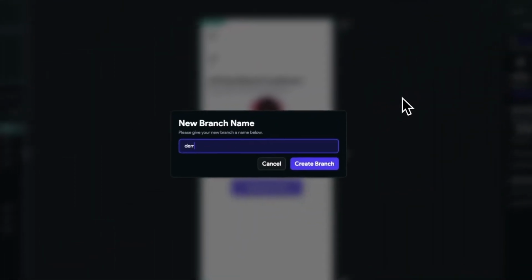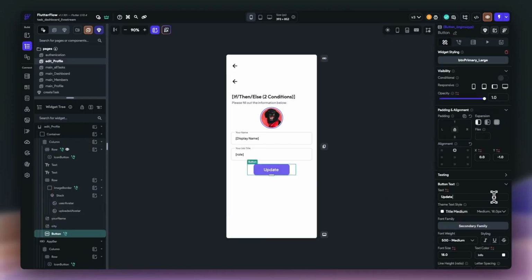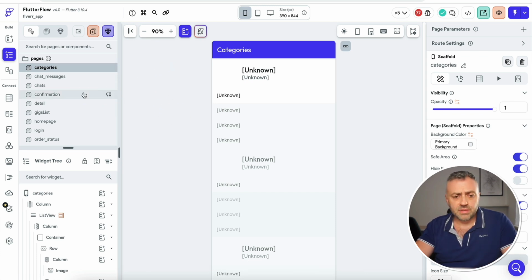Now, the first feature that I want to talk about is visual branching. And for you to understand visual branching, you have to understand what branching is. And in order for you to understand what branching is, you have to think about how people develop software. Now, I have here an app that I built a couple of days ago, and this is a fairly complex